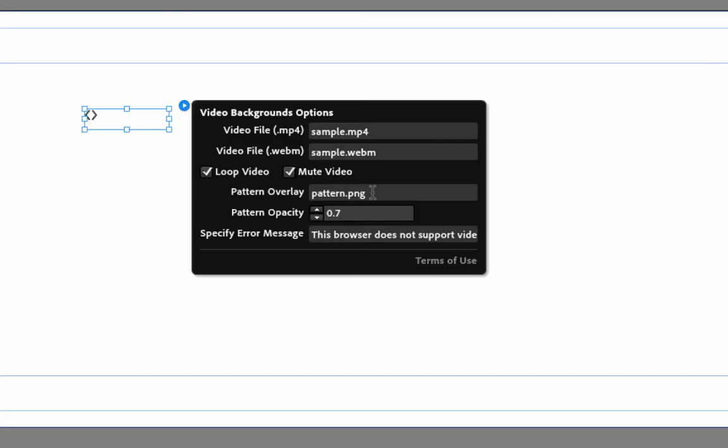Just make sure the name matches perfectly here. And again, one thing I want to stress here that's very important is be careful with your naming. Don't use capital letters, spaces, weird characters like underscores. Make your names really simple. Pattern.png, lowercase, and it should work perfectly. The last thing we'll do is just set the pattern opacity. This means how transparent or how you can see the video through the pattern. We'll set it at about